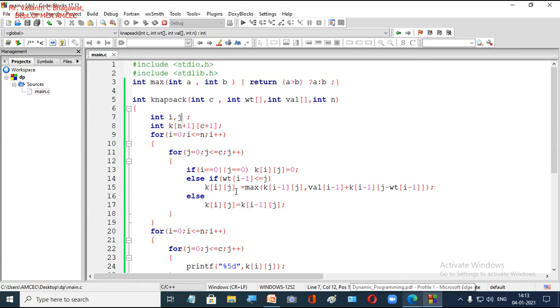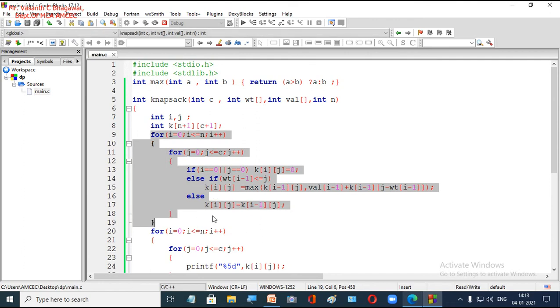If you look into this, the main thing we have done in this problem is one small function to find the maximum of 2 numbers, like an inline function. And this is the main logic for calculating the knapsack, right? So the initial condition: whether i equal to 0 or j equal to 0, in the matrix you are going to put 0.